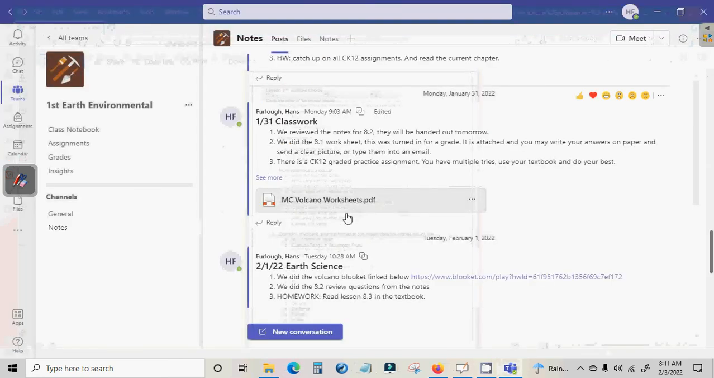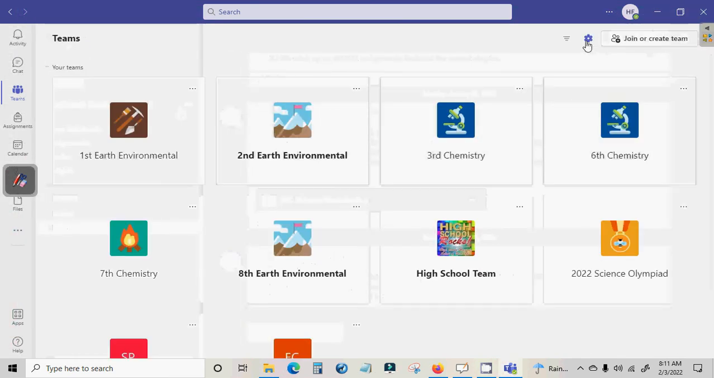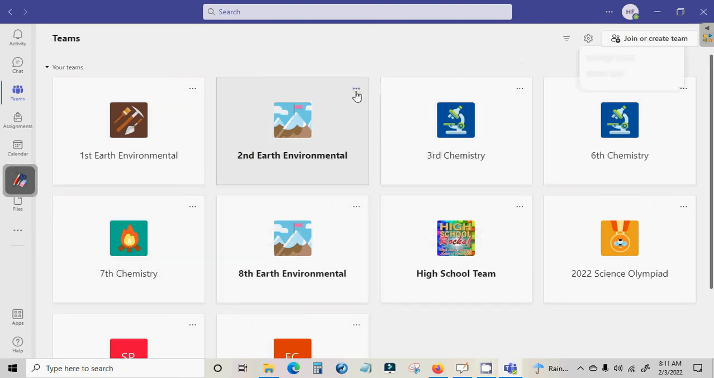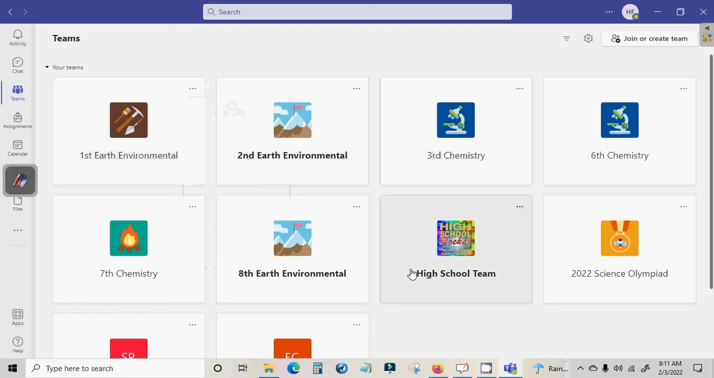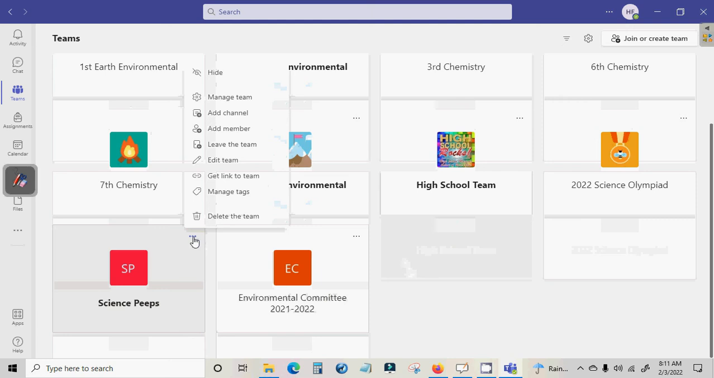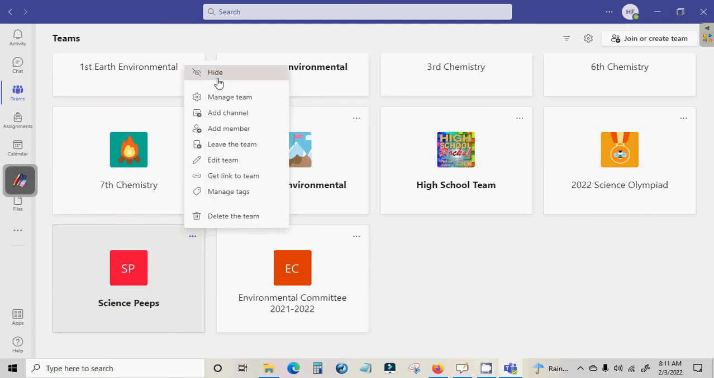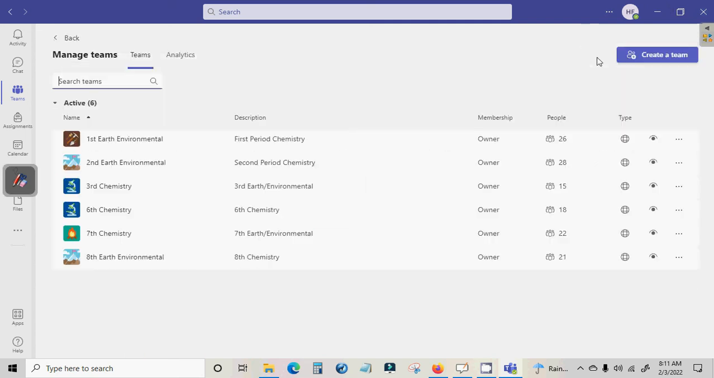Make sure you check Teams first. Okay. If you're on this screen and you don't see your team, then let me know that, and we'll take a look at it. Some people have hidden teams by accident. So, like for example, if I go here, I can hide that, and then you'll have to go probably to manage teams,